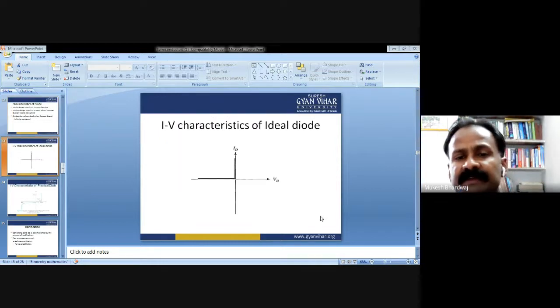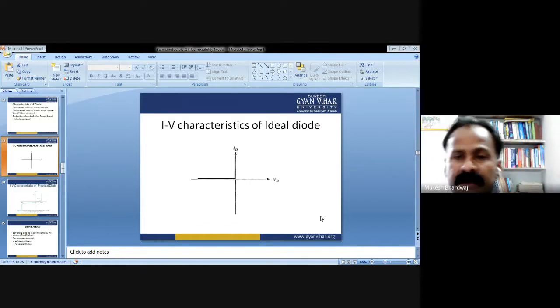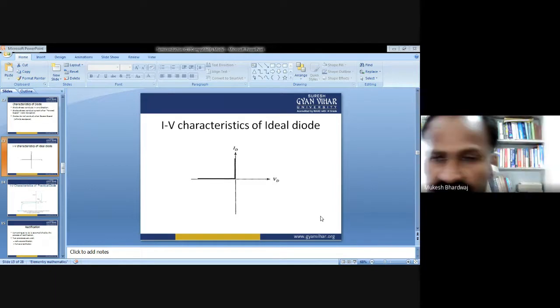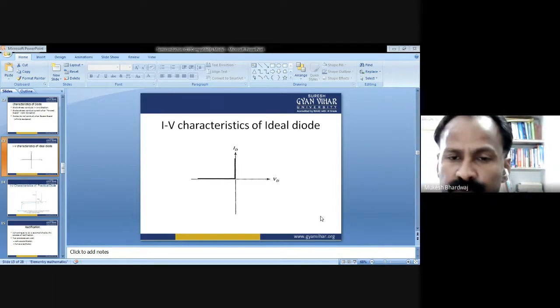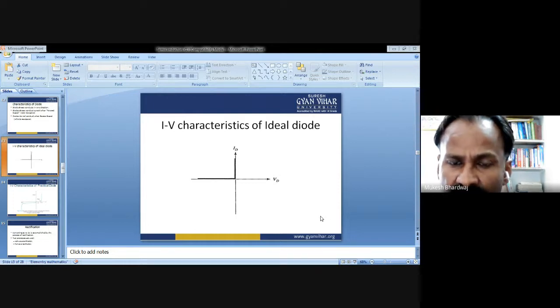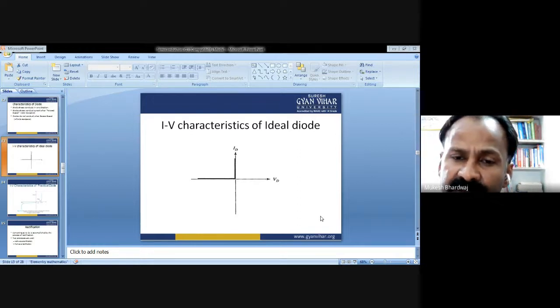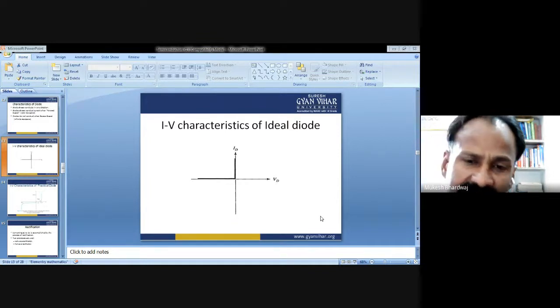This is the VI characteristic of an ideal diode. If I want to draw the VI characteristic graph of an ideal diode, you see that the instant you start applying the terminal in forward biasing, the current starts increasing because it offers zero resistance. So the current will increase in a very short moment, at zero time. Momentarily it increases to the maximum.